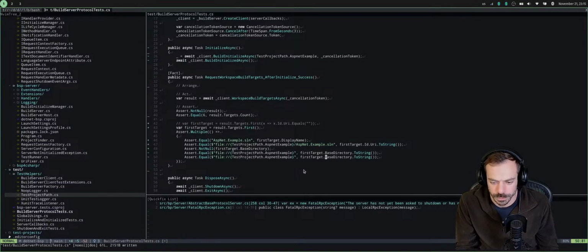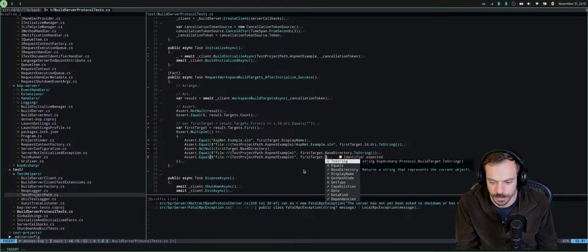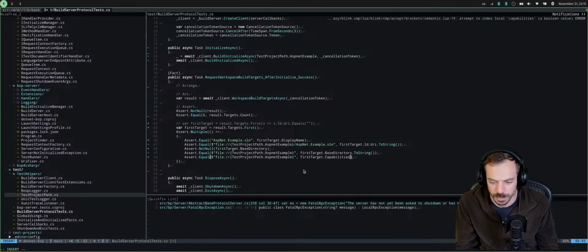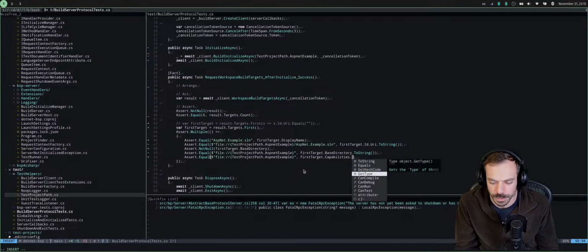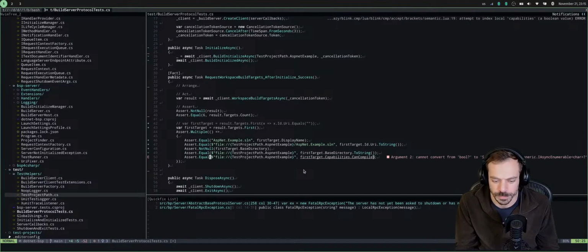Do we want else to check here? Maybe the capabilities for the solution. Means we can run it, and we can, no, we cannot run the solution. We can compile and we can test it. We cannot debug because we cannot run. So let's say